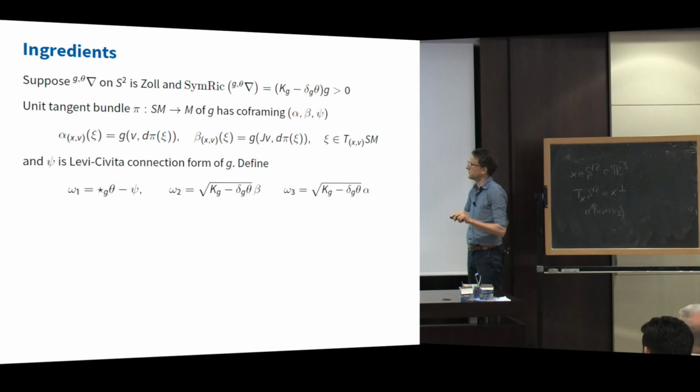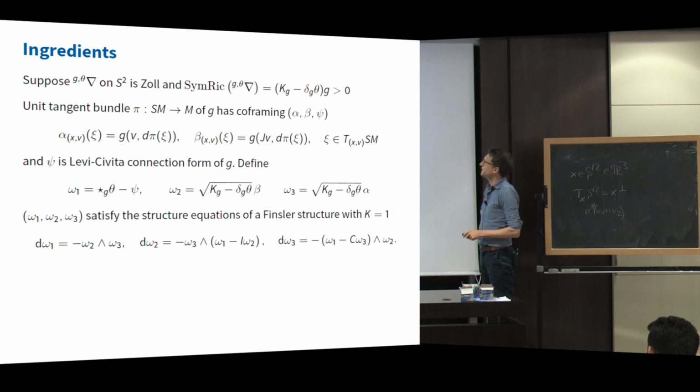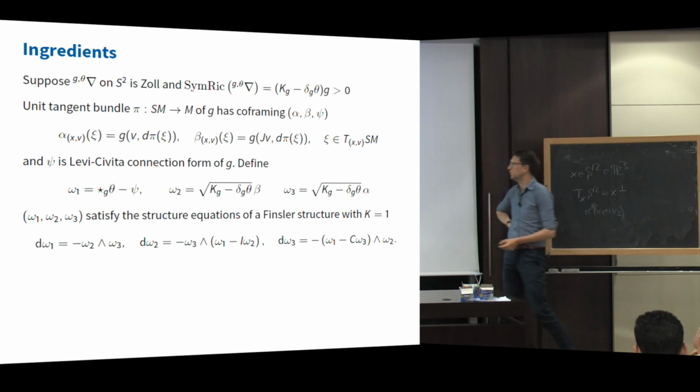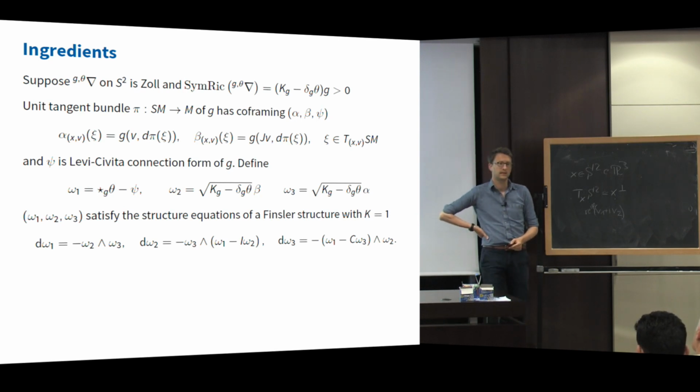they're sort of, in particular this form must have been on the slide somewhere, I think. So these two forms, if you look at the foliation defined by these two forms, the leaves of that foliation, they project down to be the geodesics of your Weyl connection. Well, these are the two defining forms for what Robert called the beta geodesics. Okay? And so why do we normalize in this particular fashion? Well, we just normalize so that these three forms satisfy the structure equations of a generalized Finsler structure, or just to be brief, a Finsler structure of constant Finsler Gauss curvature.